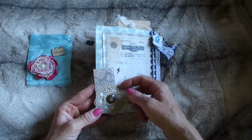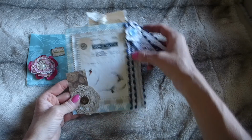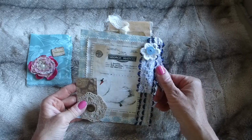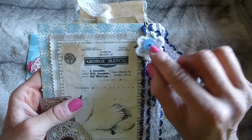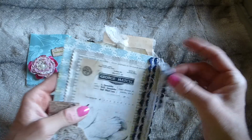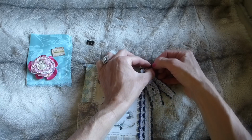This is a piece of vintage doily and a vintage button. And then here I've got some lace trim down the side and some more lace trim here. And then here I've got a little flower with a button. And what I've done is I've actually stitched all that together. It's attached with a bulb pin. So obviously that can be all taken off